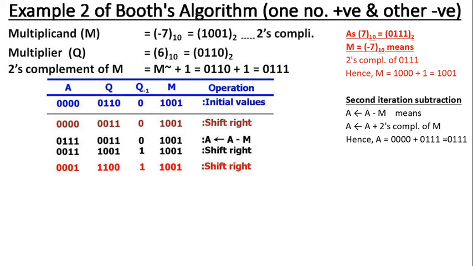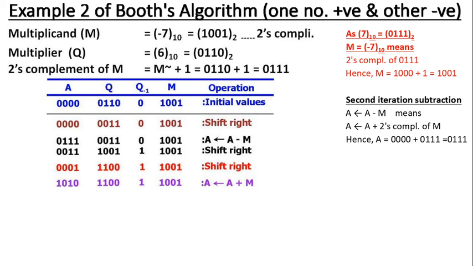Perform this particular addition. I have shown that result here. This fourth iteration, I want to show it by violet color. A plus M, result is copied to A. Now this particular A plus M, that is the fourth iteration addition, I want to show it on the right side in the scratch pad area for your understanding only.